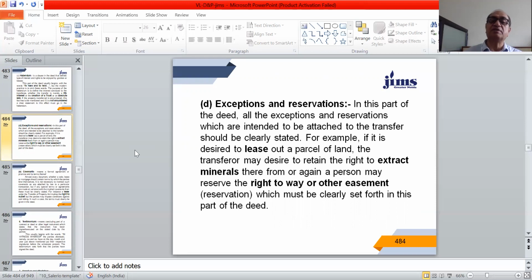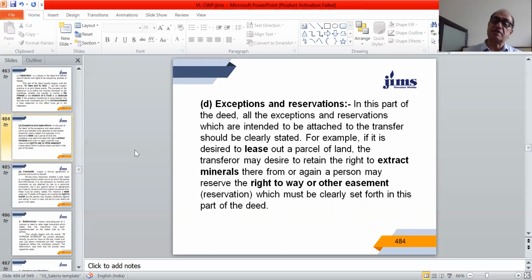So in this part of the deed, all exceptions and reservations which are intended to be attached to the transfer should be clearly stated. For example, if it is desired to lease out a parcel of land, the transferor may desire to retain the right to extract minerals therefrom, or again a person may reserve the right of way, that is easementary right, which must be clearly set forth in this part of the deed